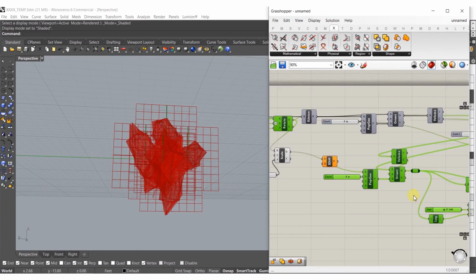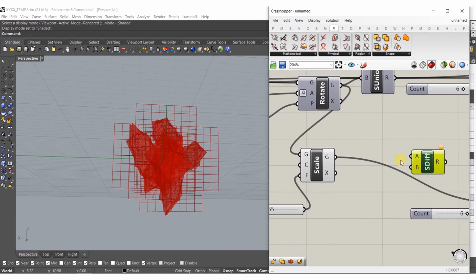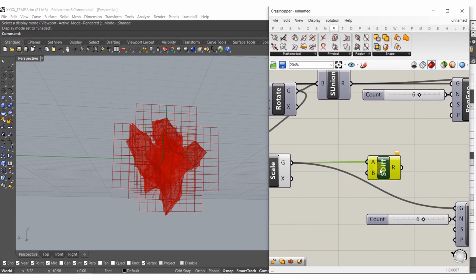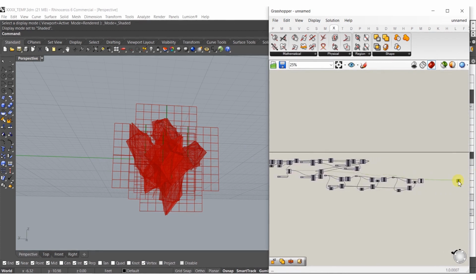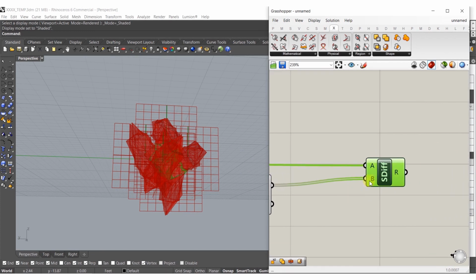So that's looking really cool. And then what we're going to do is Boolean difference these out. So if I take the scaled cube, and we're going to take out the Boolean difference for now, and we're going to scale these a little bit later. So